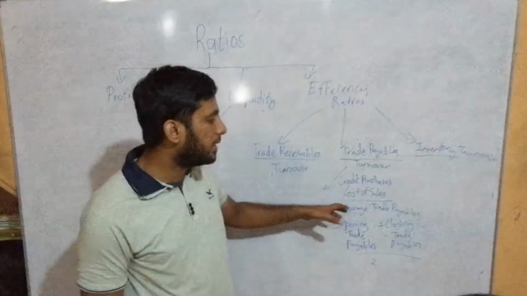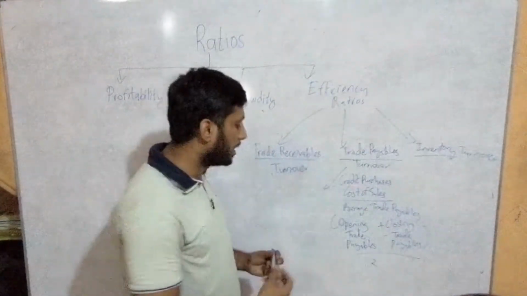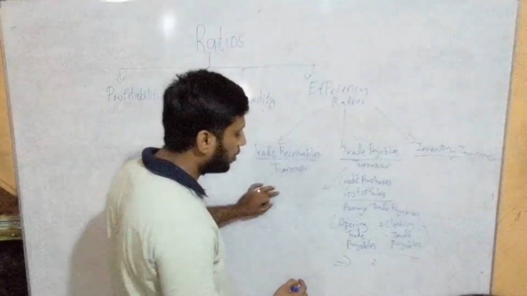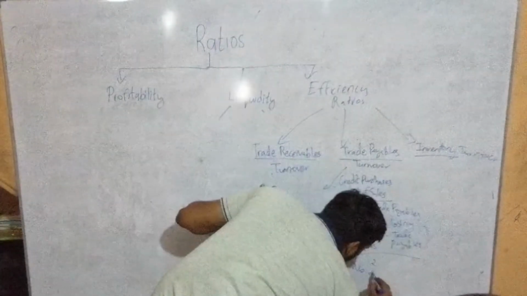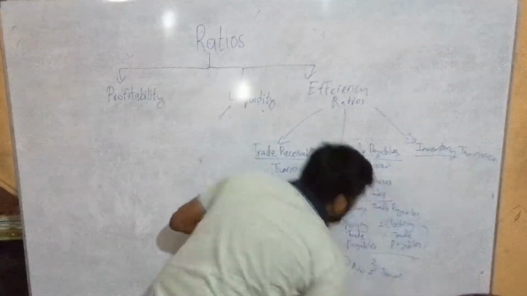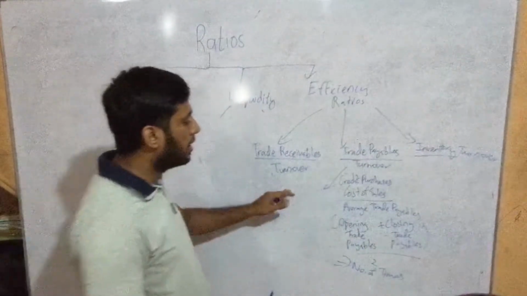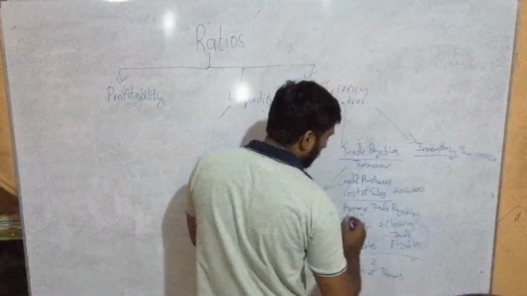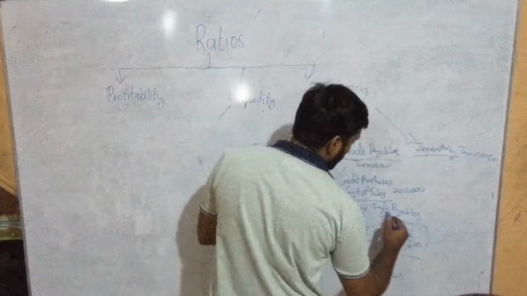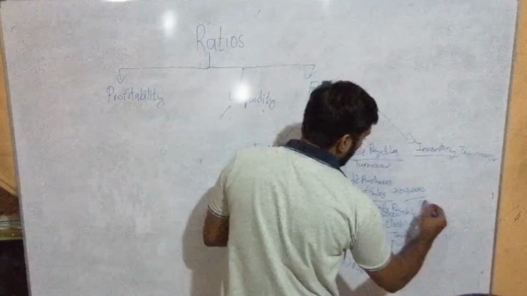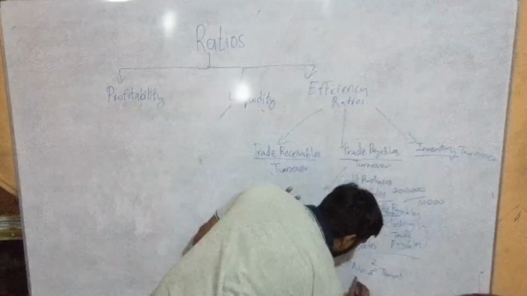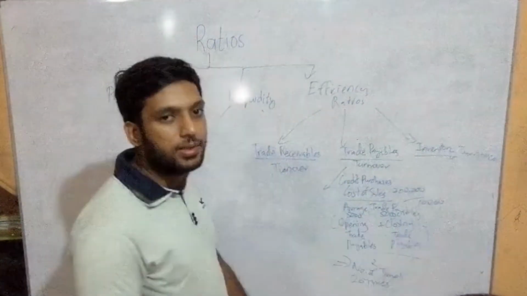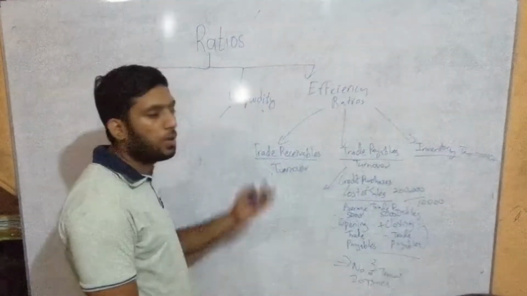So if you take cost of sales and divide by average trade payables, you can again get a number of times, as I did for the previous average trade receivables. So you need to write the answer as number of times. As I said in the last question, if you have, for example, credit purchases of 200,000, opening trade payables of 5,000 and closing payables of 5,000, which is 10,000, you get 20 times. Write it in times when it comes to trade payables turnover, trade receivables turnover, or inventory turnover.